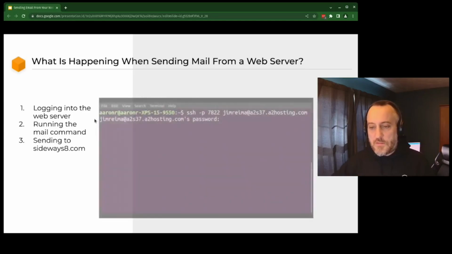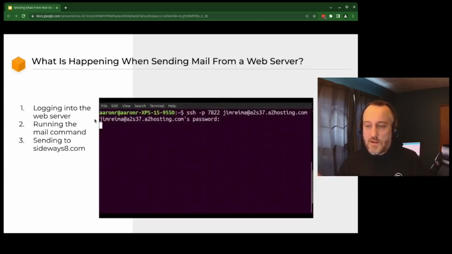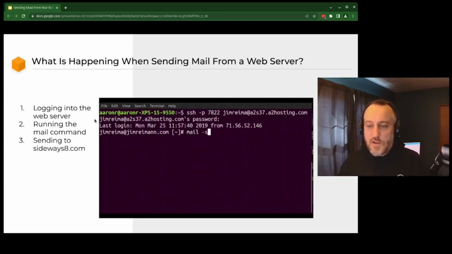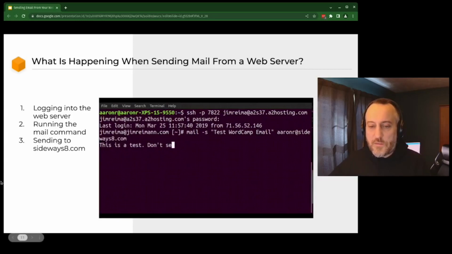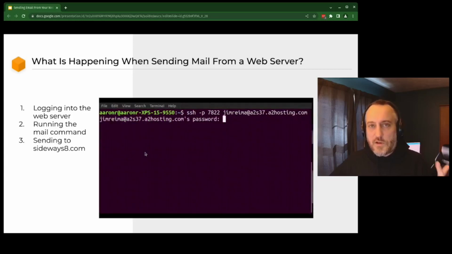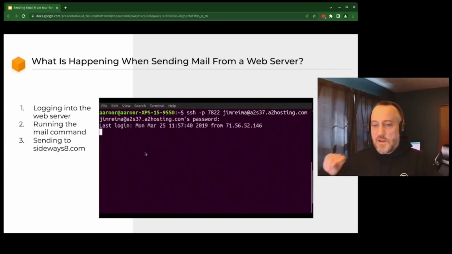So look at this animated GIF where I connect, I log into the server, and I type in mail -s, where -s is for subject, so the subject is test WordCamp mail, and then where I want it to go to, which is Aaron R at sideways8.com. And then the body is, this is a test, don't send mail this way, and you hit Control D to send, and the email is sent.